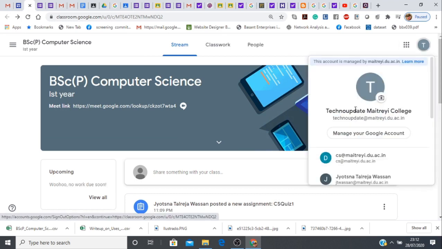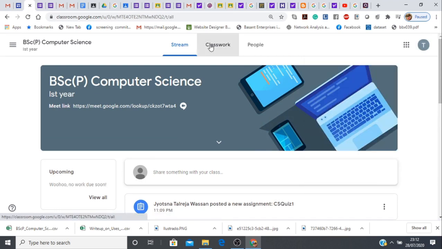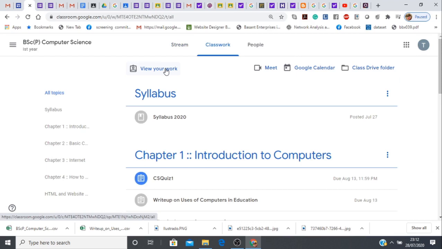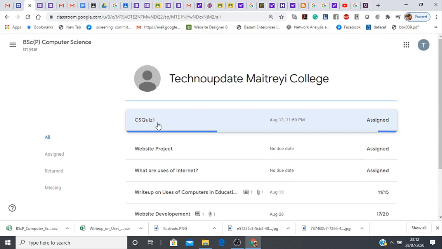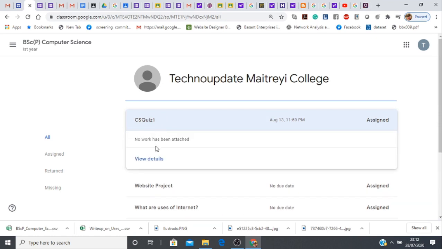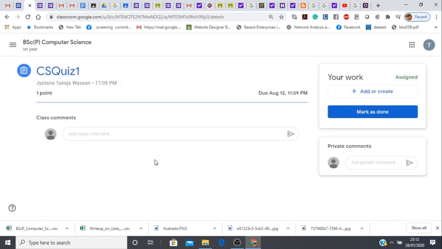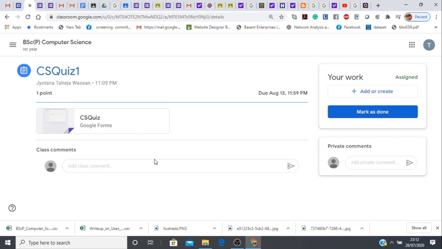So Techno Update is a student account in this demonstration. We just go to the classwork of the student. The student can view the work here. And now the student can see there is a CS quiz 1 that has been assigned to the student. When the student clicks on the quiz, he or she can see the details and just go on the quiz,